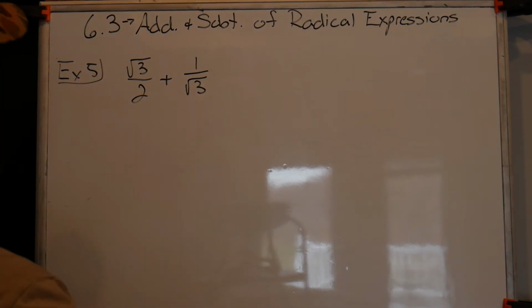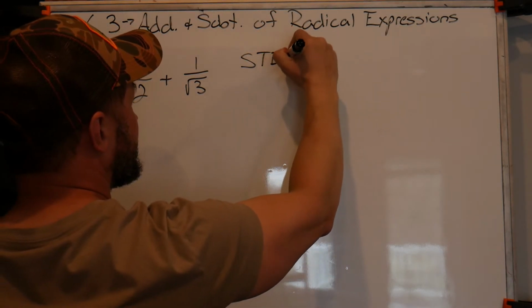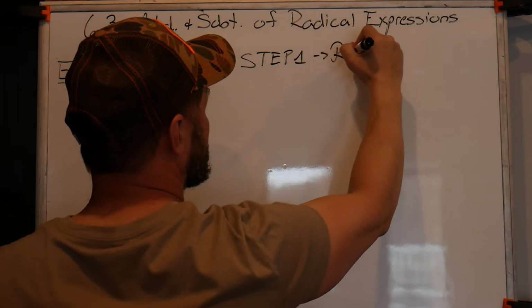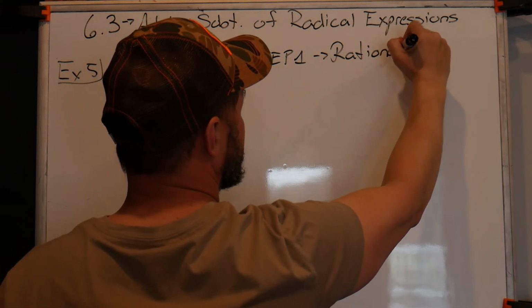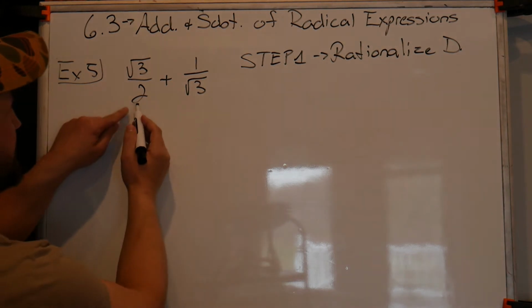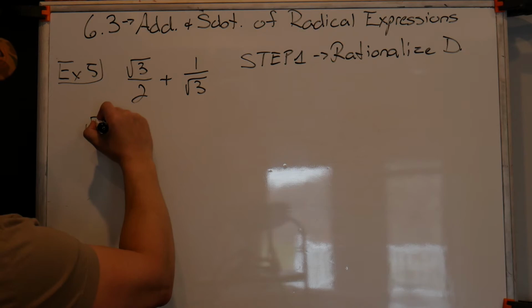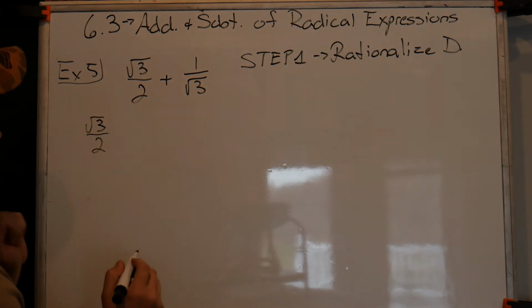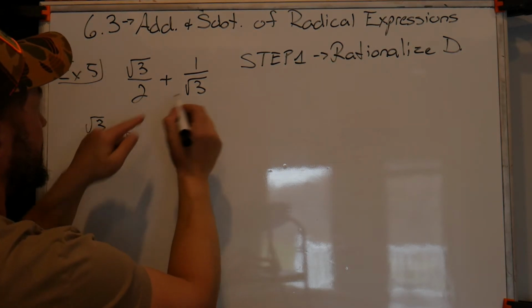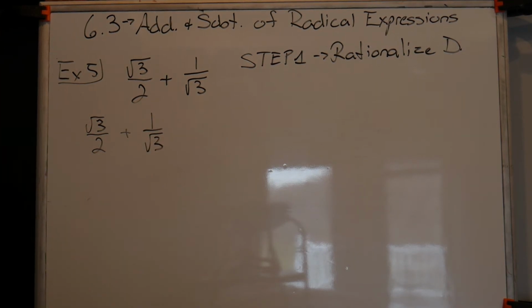In this case, I'll say step 1. We need to rationalize the denominator. Rationalize the denominator. This one's already rationalized. So our square root of 3 over 2, we're done. It's this 1 times 1 over the square root of 3. We need to rationalize that. So I'll take,